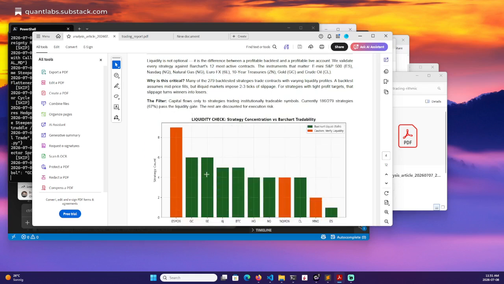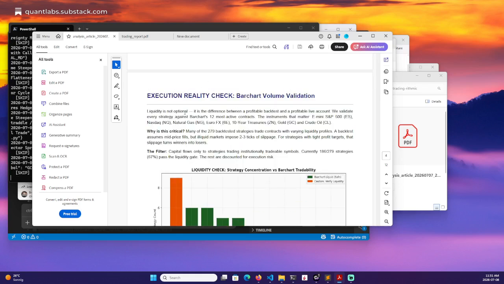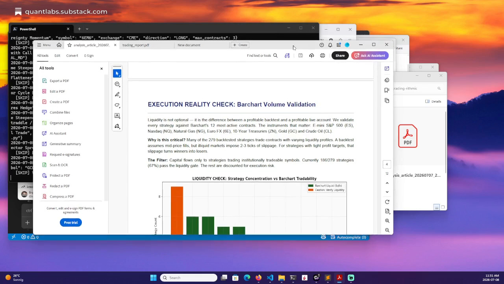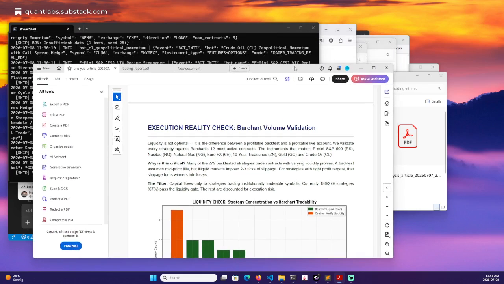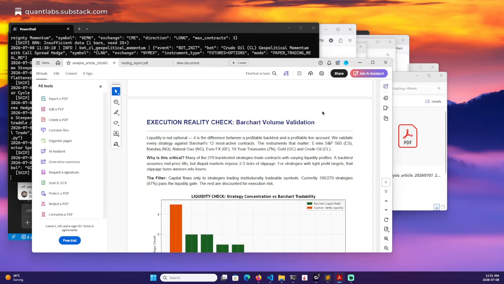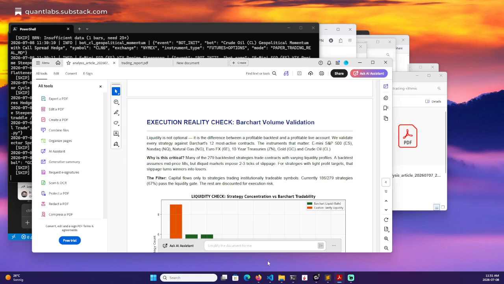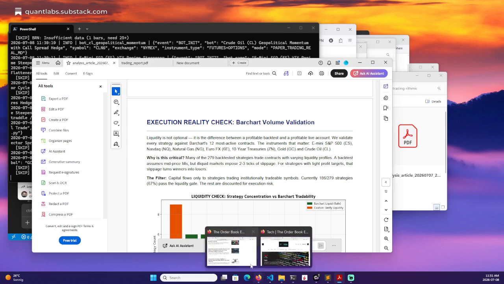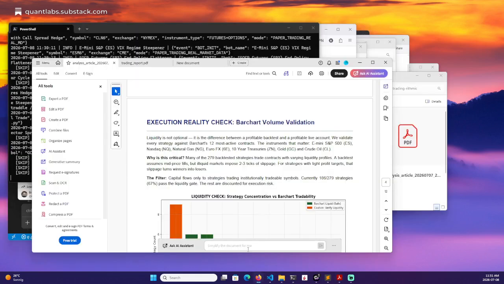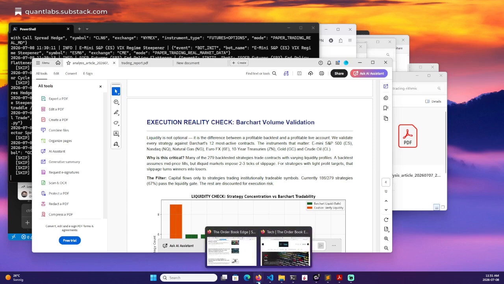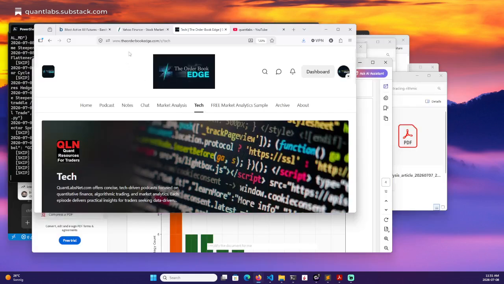Again, these are very important. Let me go to this. One of the things that people need to clearly understand, wherever you are in your trading journey, is that liquidity and volume are really, really important. One of the things people need to figure out very quickly is liquidity.